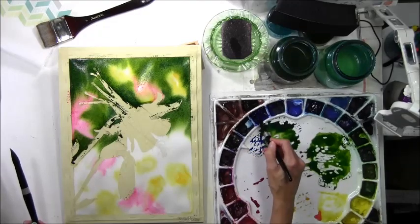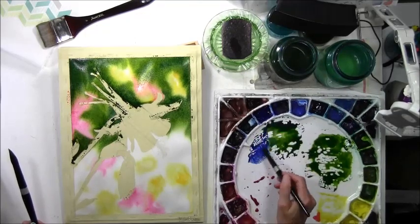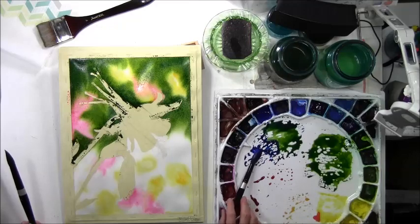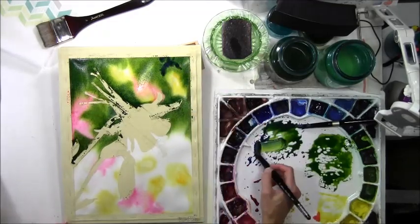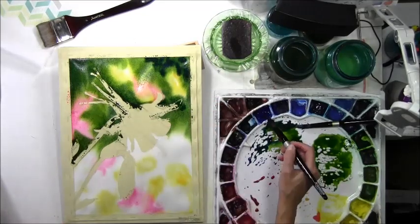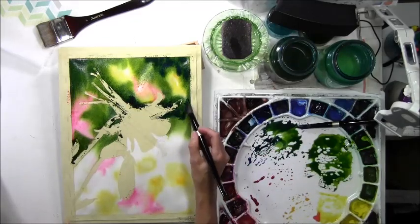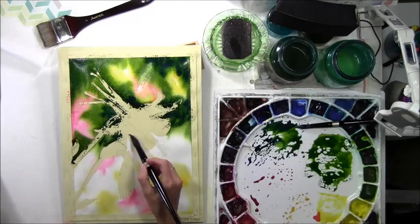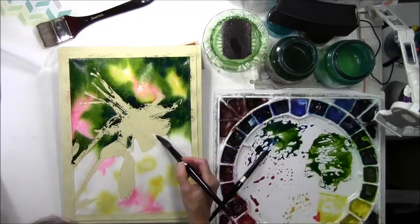Okay, so I'm going to get out as quickly as I can some more of the ultramarine deep, and even if I just have it wet and have to put my brush in there, that would be fine as well. Okay, and I'm using a separate brush for that so that I can keep going. I'm going to add a little bit of blue up in here. And I'm just going to go right in my well because at this point I need to keep moving. So most of the time I try not to go into the well directly because I like to keep my colors as bright as I can,